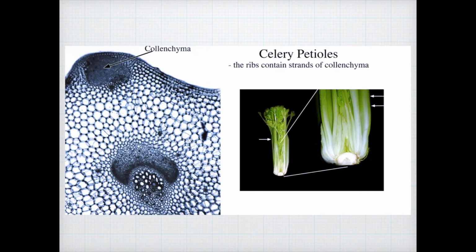So here is another figure, which I am showing you so that you can retain it better. Here at the angles again, there is deposition of collenchyma tissue. This is filled with collenchyma. This is a part of the celery stem, which, sorry, I would not call it a stem, it's a petiole. Celery is a petiole. If you cut out a part and put it under the microscope, you will see deposition of collenchyma, which is giving it firmness and stiffness. So remember that celery is the best example for collenchyma tissue.